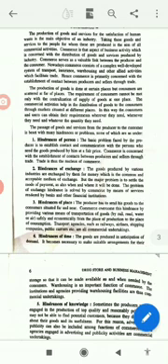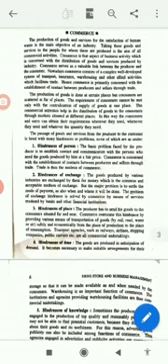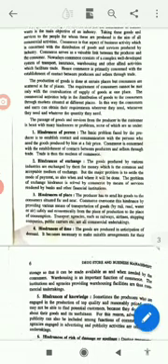Nowadays, commerce consists of a complex, well-developed system of transport, insurance, warehousing, and other allied activities which facilitate trade. So, hence, commerce is primarily concerned with the establishment of contact between the producer and the seller. So, there should be a producer, there should be a seller, and then the commerce will work on it.